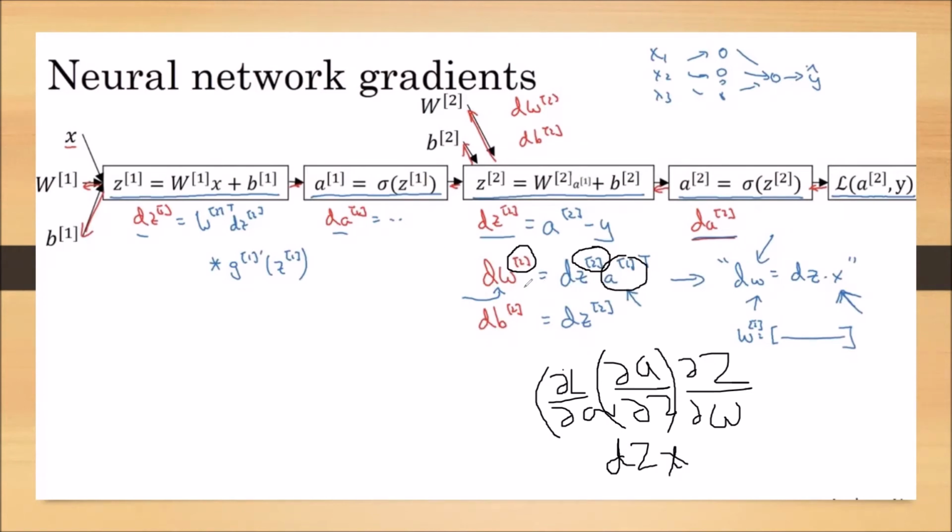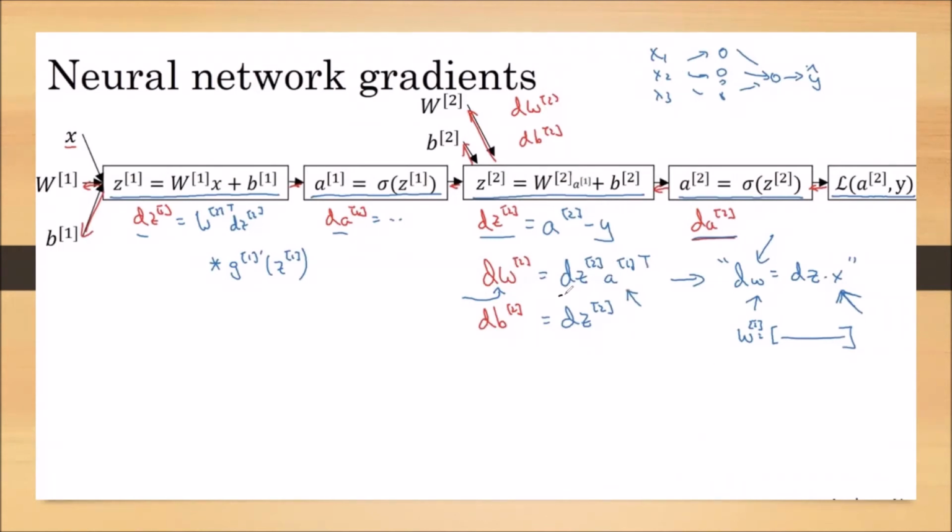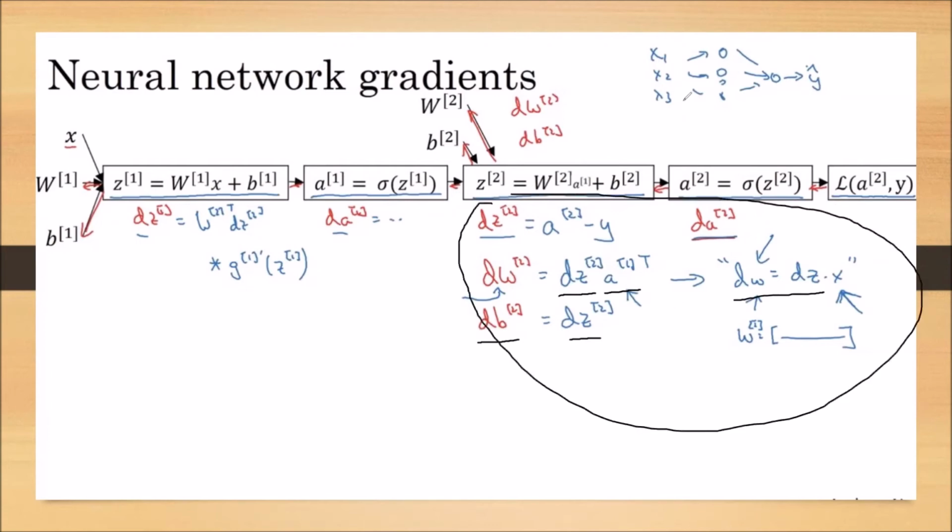So we already calculated dW. This dW is a matrix, so it is the multiplication of dz and A1. Now we want to calculate dB. We already know dB is nothing but dz. Here dB superscript 2 is dz superscript 2, because we already know dW is equal to dz into x, and dB means dz. We are already familiar with these terms.